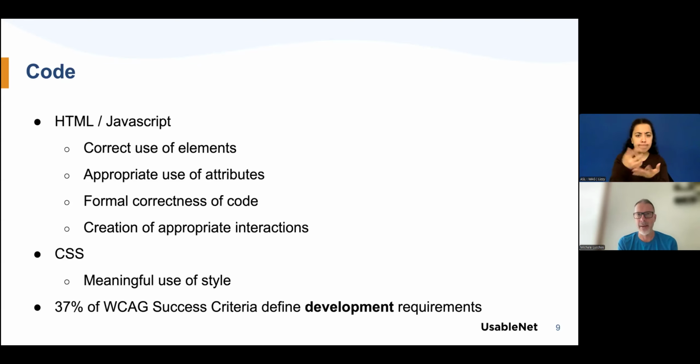A classic example that we might want to do here is making sure that we are not using styles or aspects related to, let's say, semantic indicators, such as a title, only to convey a style to the page.